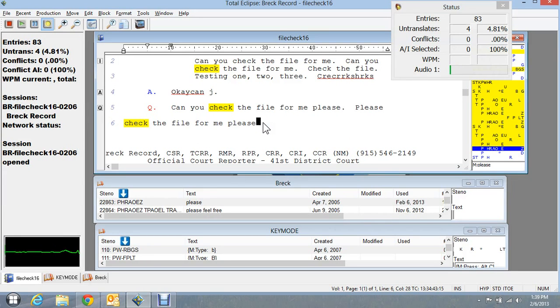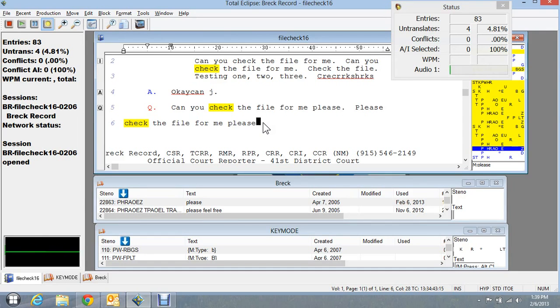So I'm writing along and I see that the word check went by, and it came up correctly because of the translation magic and the intelligence that's in Eclipse. But I may want to go back there and fix that word and make it be in my dictionary permanently. So